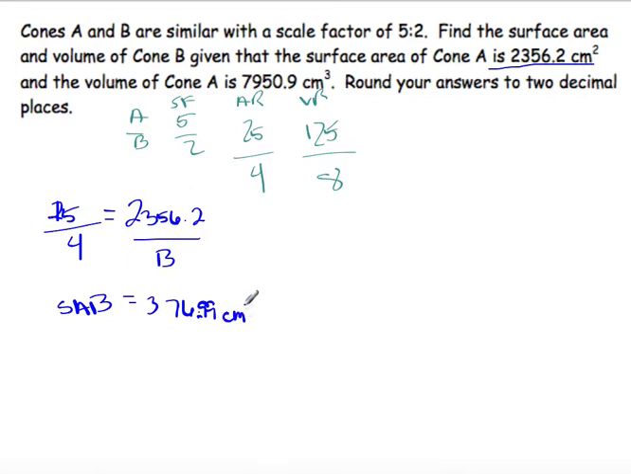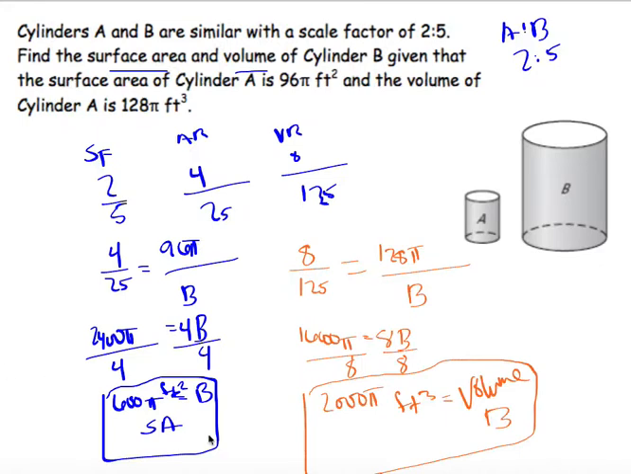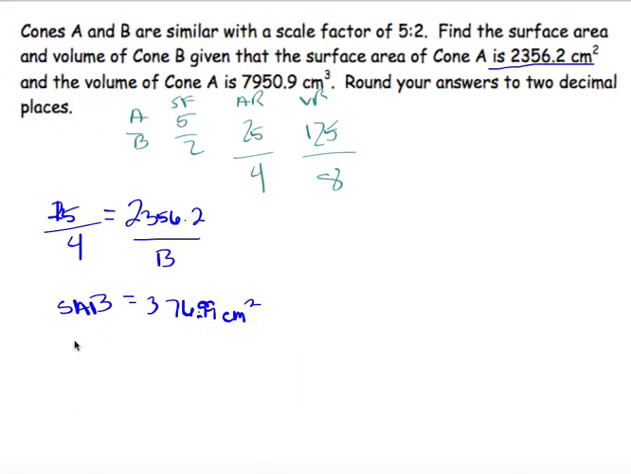centimeters squared. Now that I think about it, I'm wondering, did I put my units on the previous one? Ooh, I did. Good. Be sure you put your units. You don't want to lose points for that. So here is surface area of B, 376.99 centimeters squared. And then for the volume,